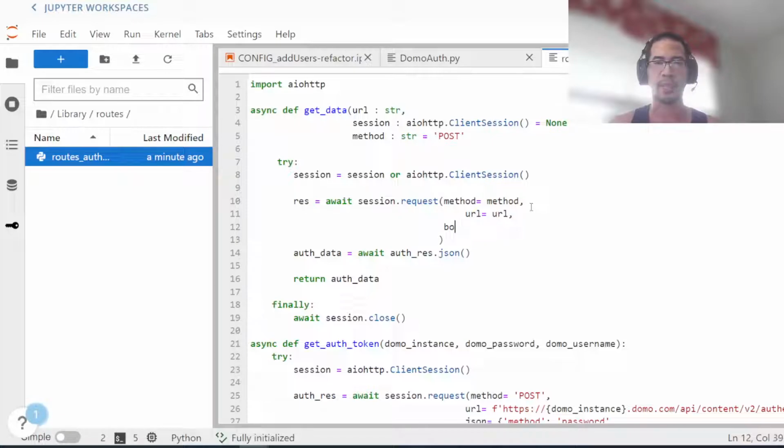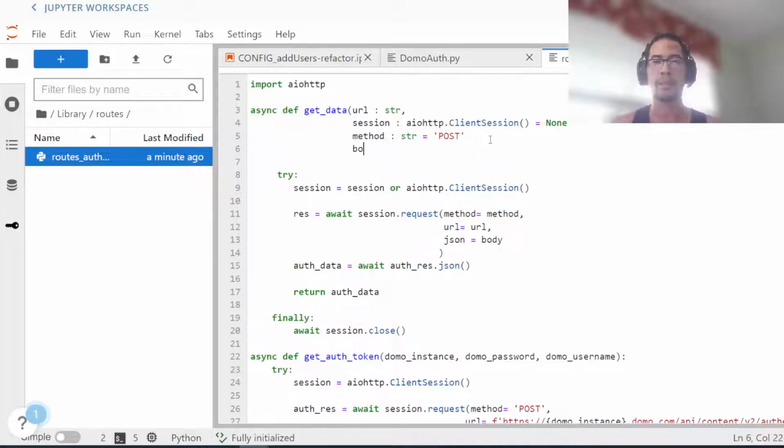Oh, it says JSON, right? You don't have to pass a body, but a lot of times we do. Am I misspelling stuff? What's going on here? I need a comma and another comma